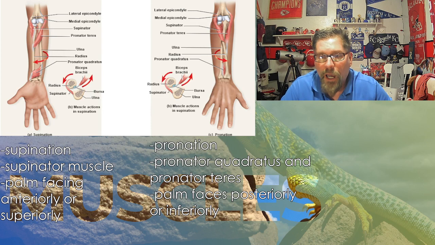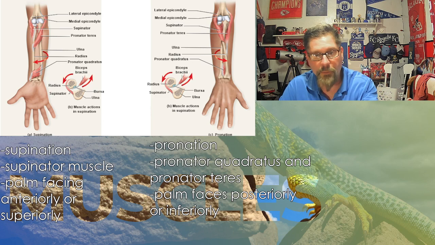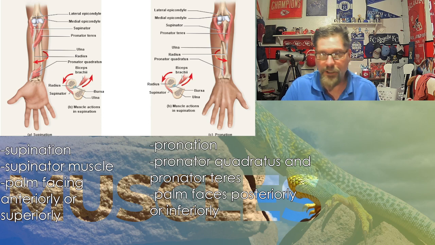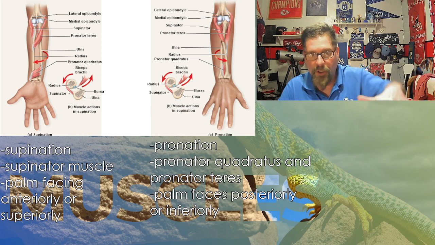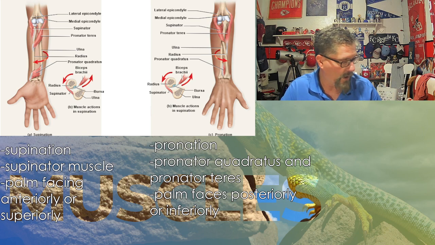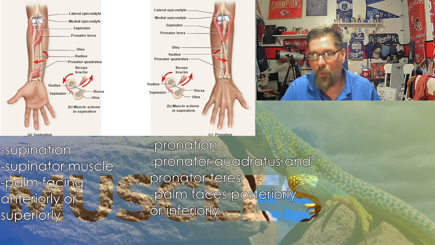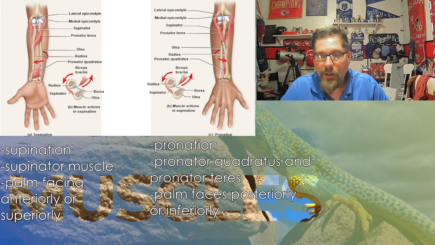Okay, here's the action one that I meant, and you can see the descriptions underneath. Supination is when the palm is up. If it's hanging down, it naturally would face forward, and so that's the anterior, forward. And then when it's turned over, so now it'd be facing down, or if I've turned it and now the palm is facing backwards, if I was walking, that would be the posterior, back,